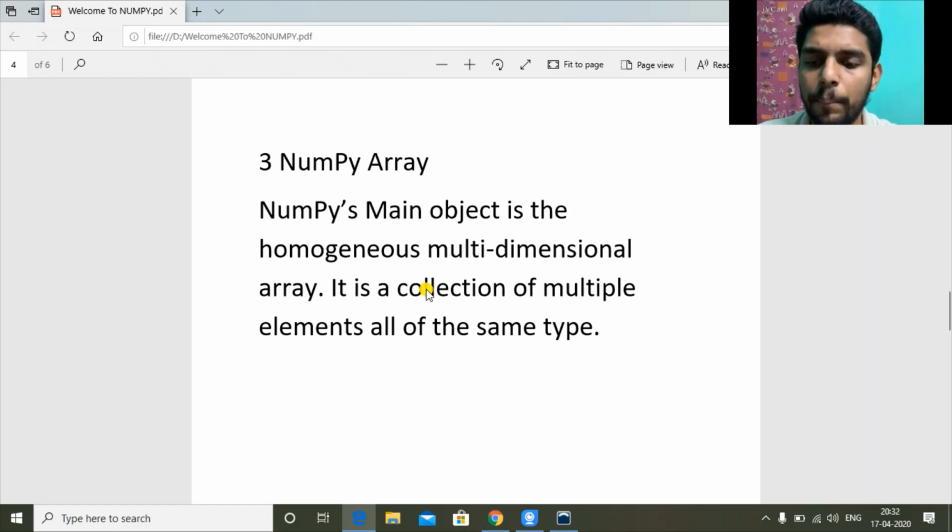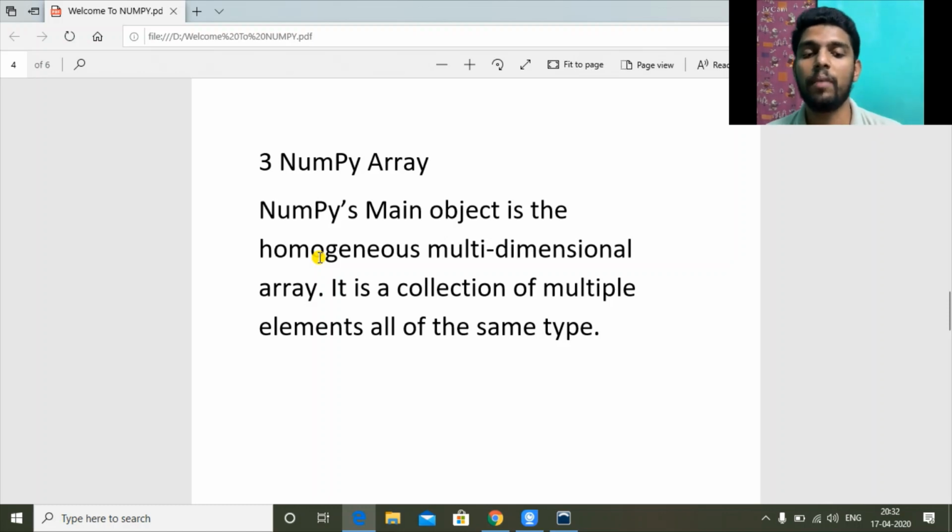Next we have NumPy arrays. So NumPy array, that's the important part in NumPy. The main object is the homogeneous multidimensional array. Homogeneous means same type of data. So what is an array first? Like in a variable, we can store one value at a time. Array is a data structure which can store multiple values at a time.